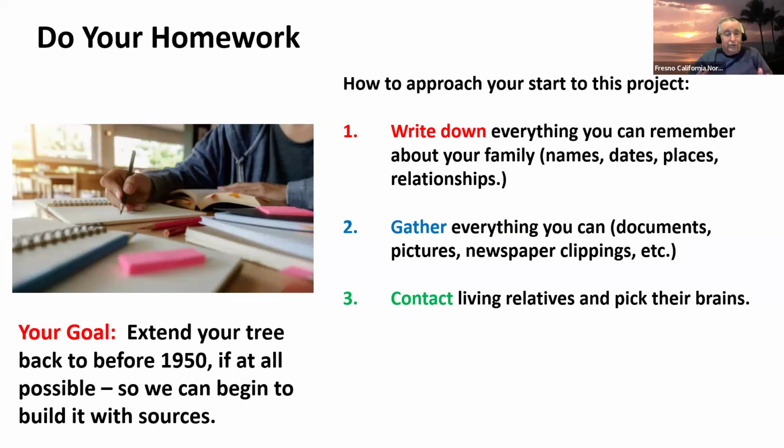Okay, your goal is to get people back before 1950 if they're US. Why? Because we have the 1950 census now. Once we can get into that census with our pedigree, things tend to open up. And so that's our goal. We need to get back 70 years, which means we need to get back probably two or three generations. And that's about where people's memories end. So it's a real challenge to really help them, because their homework, especially getting some of the older living relatives to help out, is really vital.